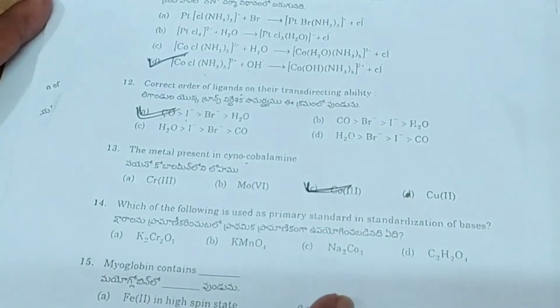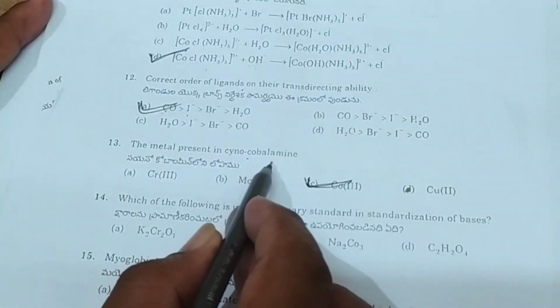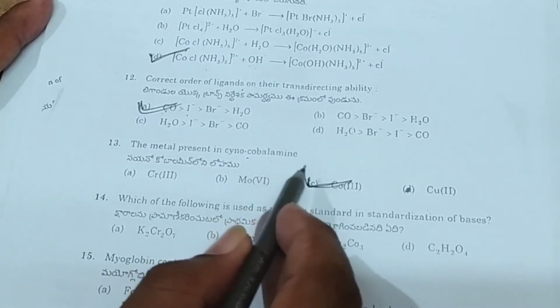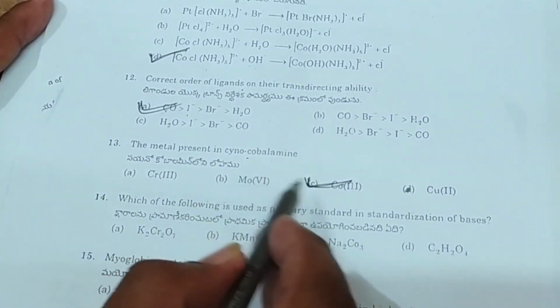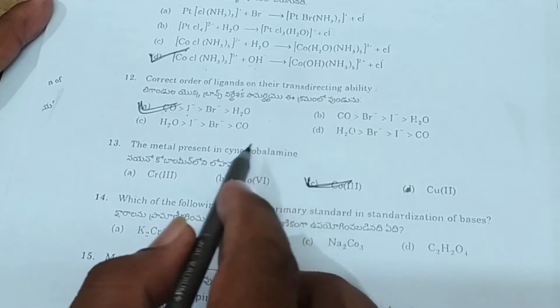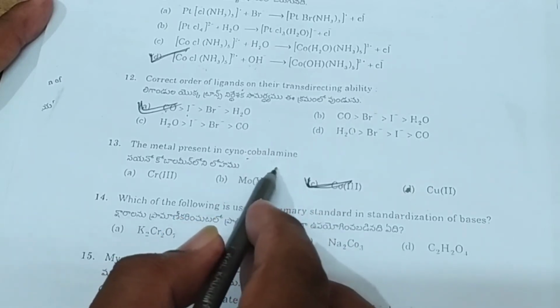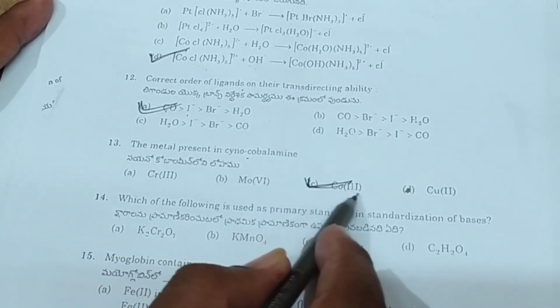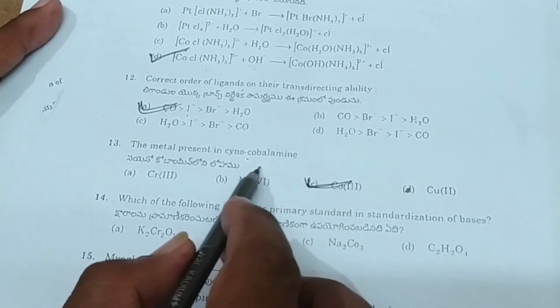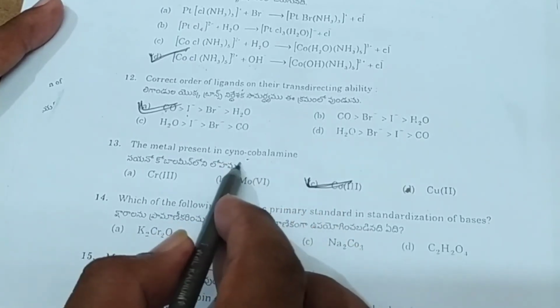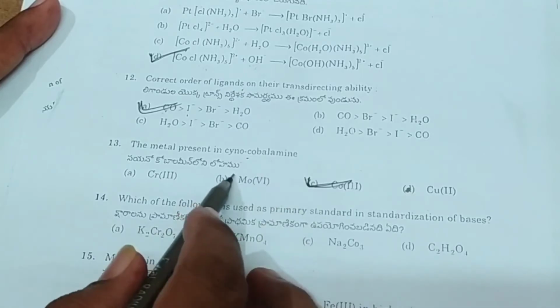So now you can understand my point friends. Cyanocobalamin means vitamin B12. Okay friends, in vitamin B12 the cobalt ion is present. So this cyanocobalamin is also called vitamin B12. So this cobalt 3+ ion is present in them. This vitamin B12 or cyanocobalamin. Okay friends, this is clear friends.